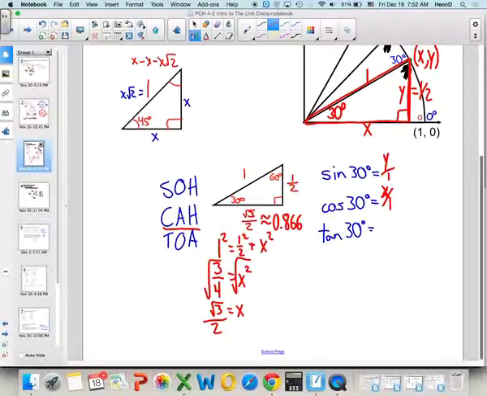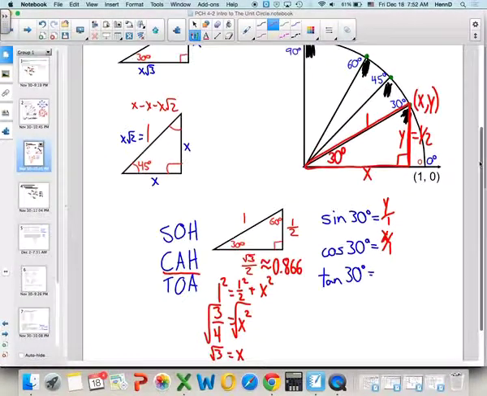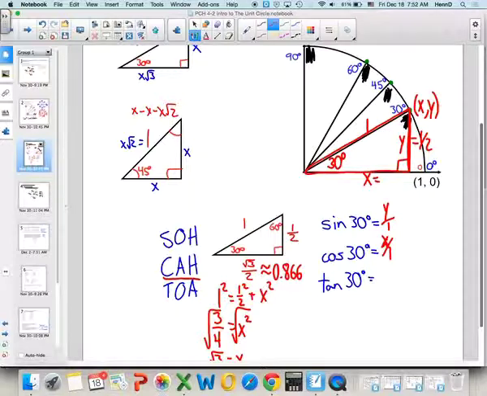And when you are doing all of these, I would like you to do it in terms of that radical. Don't learn the decimals. Learn the root 3 over 2, because that's the exact value. 0.866 is rounded. Now, one thing that doesn't show up on your unit circle, but I would like you to recognize,